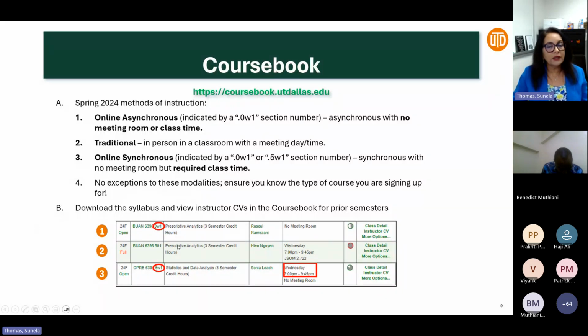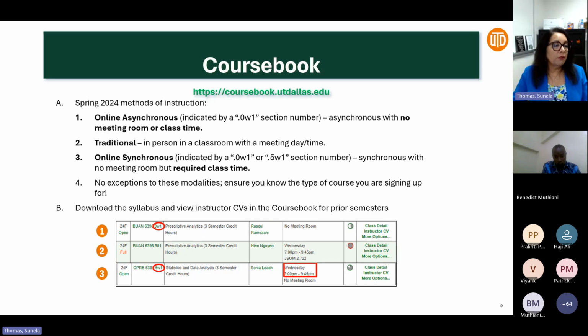So you can also look at, when you go to the Spring 25 course book, you won't see any syllabus there right now because instructors have not loaded in their syllabuses. But if you want to see something, go to the previous semester, that is fall 24, the current semester that's happening, that all instructors have uploaded the syllabus. So you will get an idea what is being taught in that.